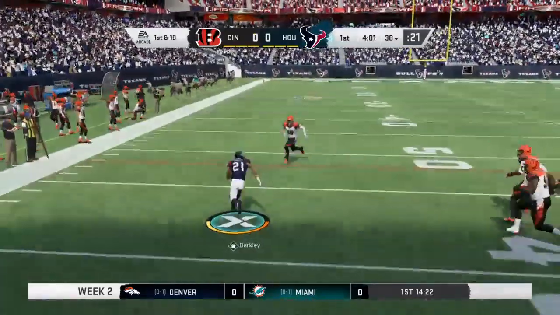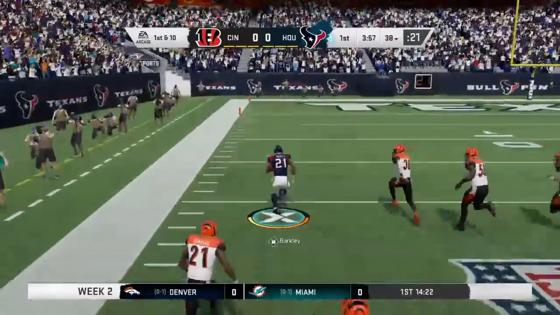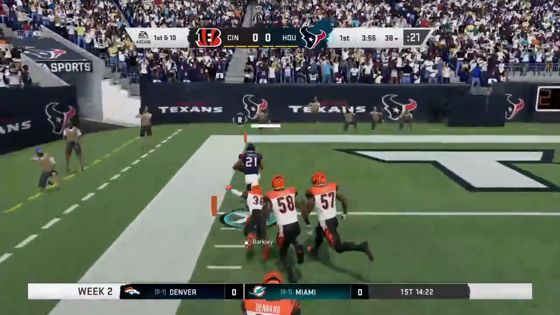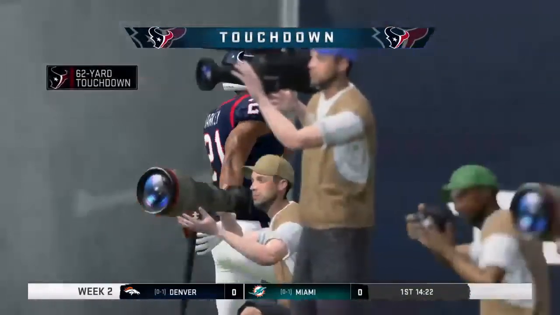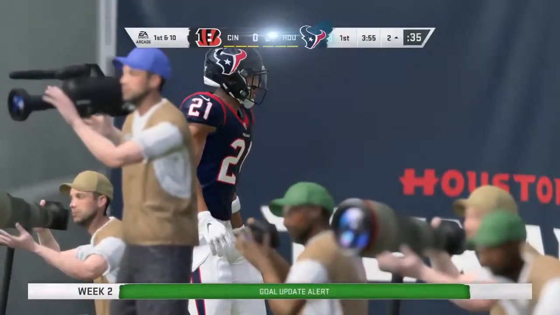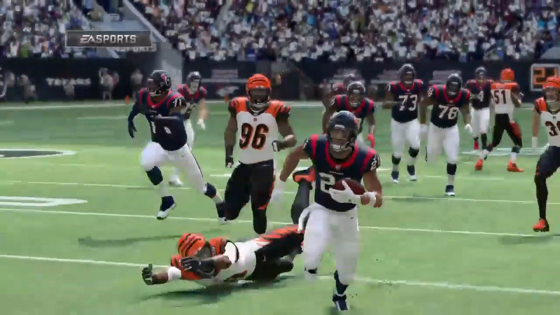On first down, Barkley. He's got a first down and then some at midfield. Well, he's free going down the left side. It's a foot race. Touchdown, Houston. Saquon Barkley, his first touchdown of the new season, as his guys are able to strike first here